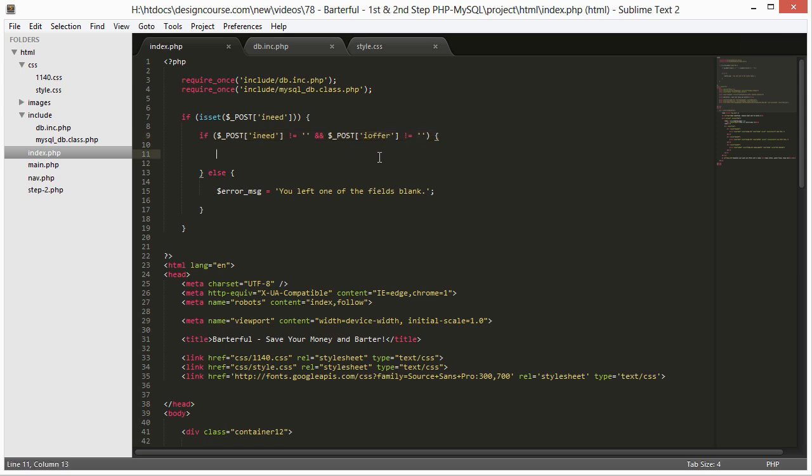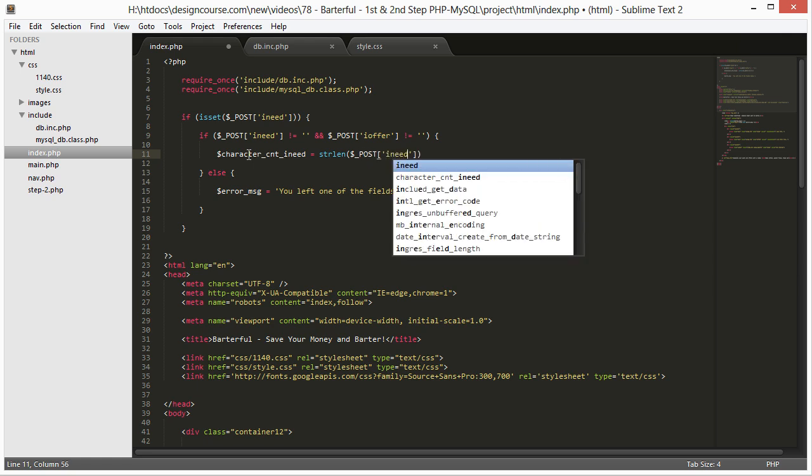Now what do we want to do? Well, basically, you also don't want to allow people to proceed if they only enter a couple characters, for example, like if they put A or just 1 or B or whatever. So there's a function that will be able to count how many characters are in a given variable. So what we could do is put, I'll just call it character count I need equals strlen post